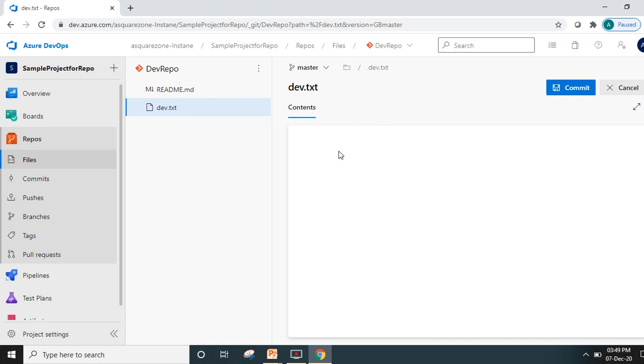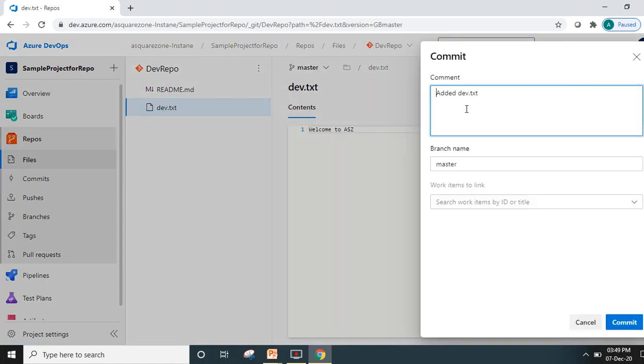We are just creating a text file and giving one message, welcome to a square zone. So we are going to click on commit, and it is adding dev.txt. Here it is showing the branch name. We want to add to master, so I'm going to click on commit.